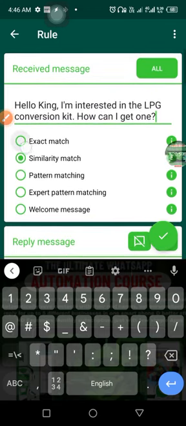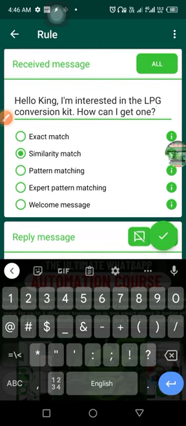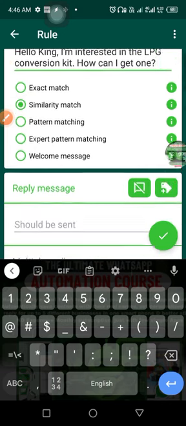But if you keep it at exact match, that means certain things. If you keep it as exact match, that means any single thing that they remove there is not gonna trigger anymore. Okay, so